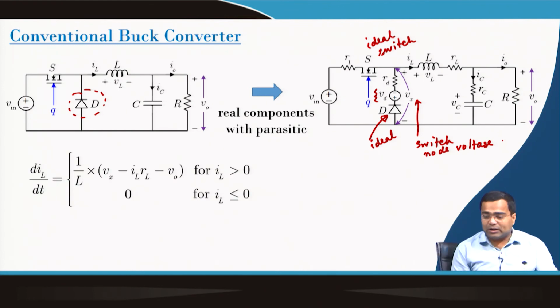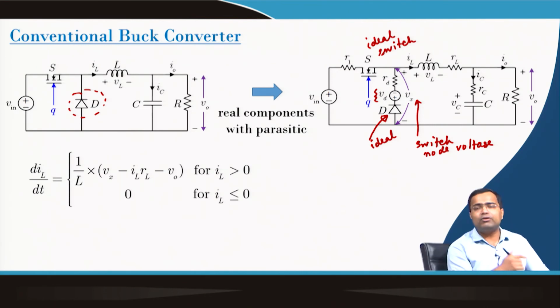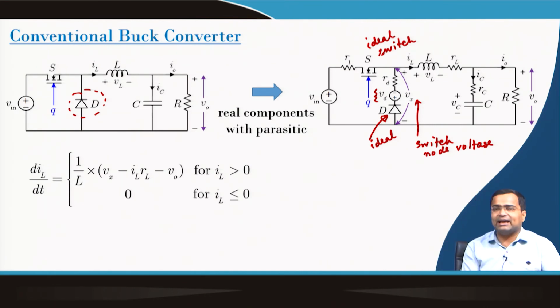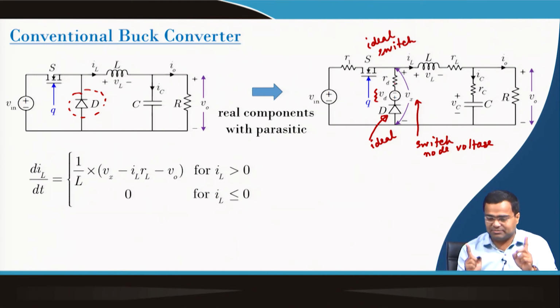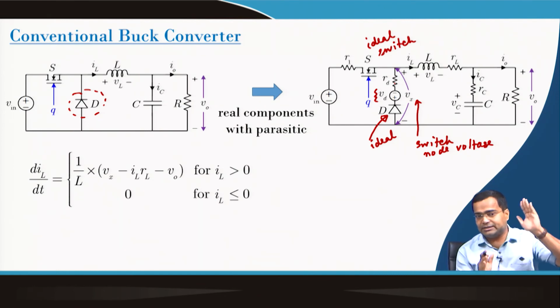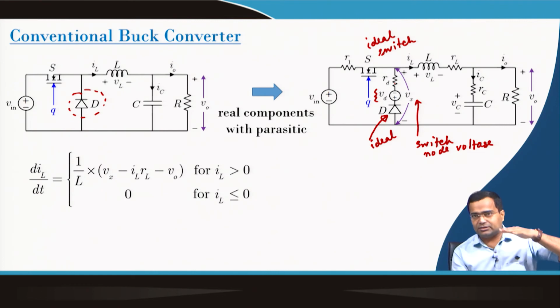Okay. What is the difference in this case compared to earlier? Earlier, it was low side, we had a MOSFET which can carry current in the negative direction, but now we have a diode. So, the diode cannot carry current in the negative direction. So, whenever the inductor current becomes 0 or tries to go negative, then during the off time, because when the switch is off, I am talking about the scenario when the switch is off, the current is falling. When the current hits 0, then the diode is reverse biased, so it cannot carry current.